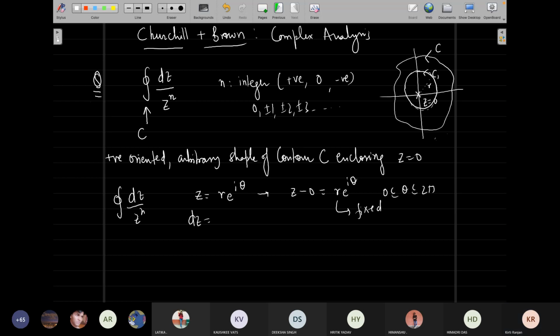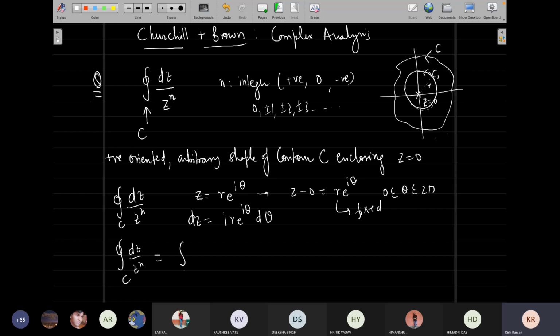What will be dz? dz is i r e^{iθ} dθ. So instead of doing this dz over z^n over the original C, I can do this over C1,